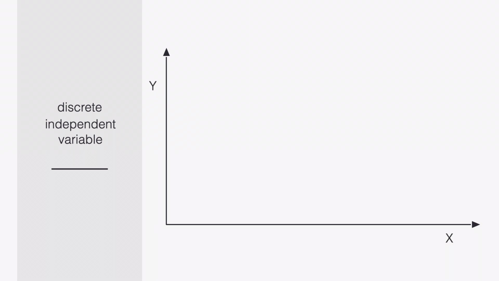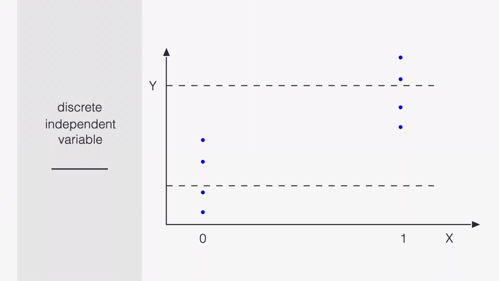The discrete version of x can be either 0 or 1. That's a firm investing in R&D or not investing in R&D. If you plot this, you will get different levels of the outcome y. And all these data points will be bunched at two discrete points on the x-axis, at 0 and 1. When we use an OLS model to estimate a straight line, we are essentially connecting the average of the data points at x equal to 0 with the average of the data points at x equal to 1.